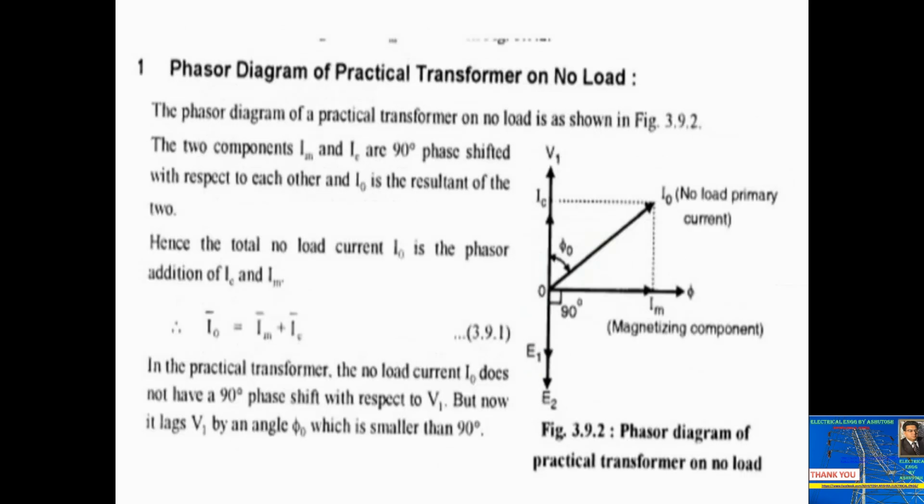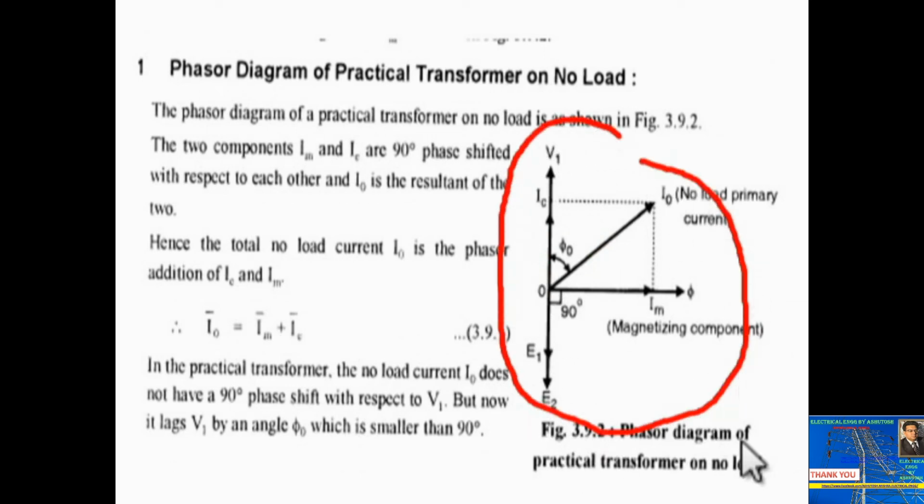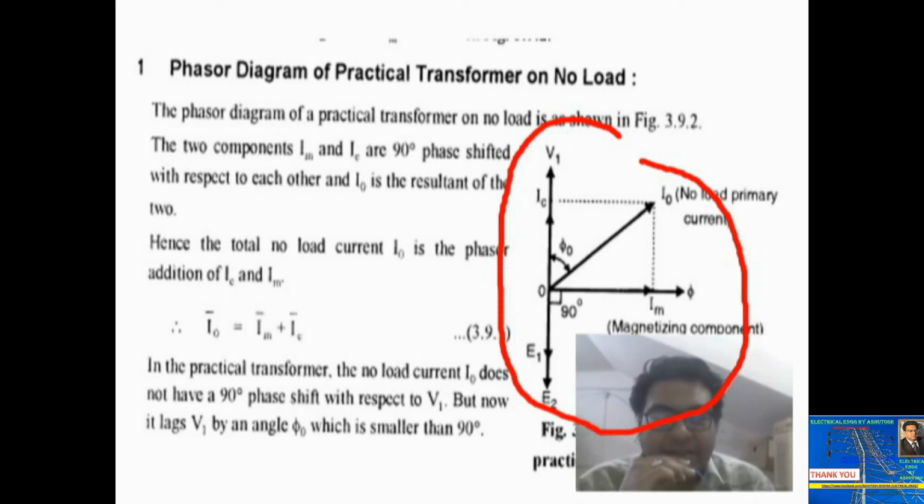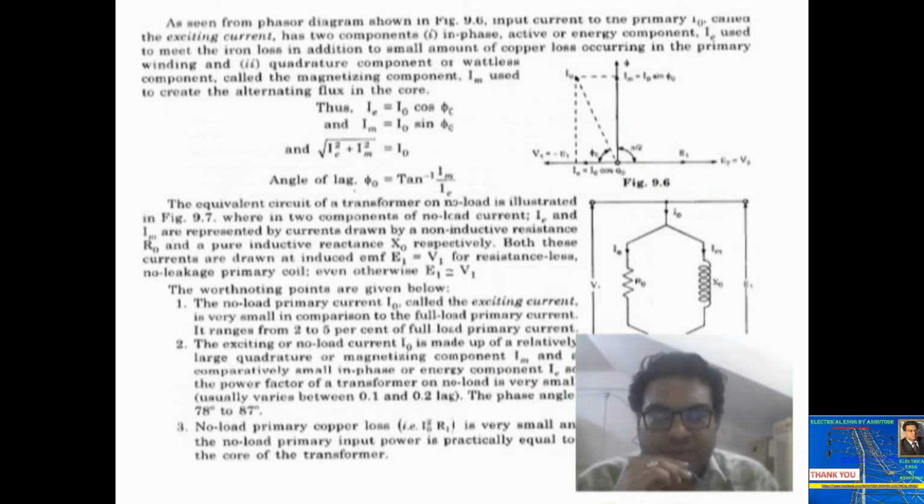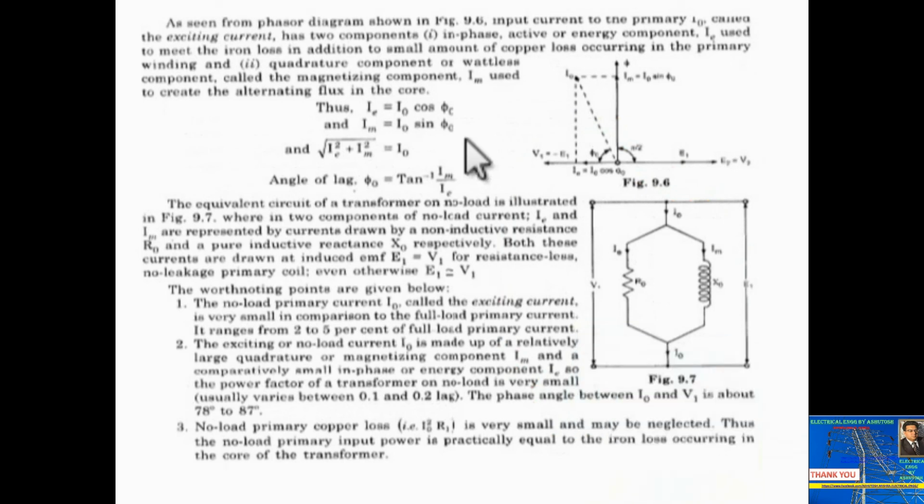Okay, so this is an important point. So guys, E2 will also share the same axis. So this phasor diagram is called the phasor diagram of a practical transformer on no load. Okay, so because I2 will not be there, इस phasor diagram में I2 नहीं होगा, because guys this phasor diagram is drawn when the transformer is working on no load. So this is an important point. So now see guys, आप यहाँ पर देख सकते हैं.